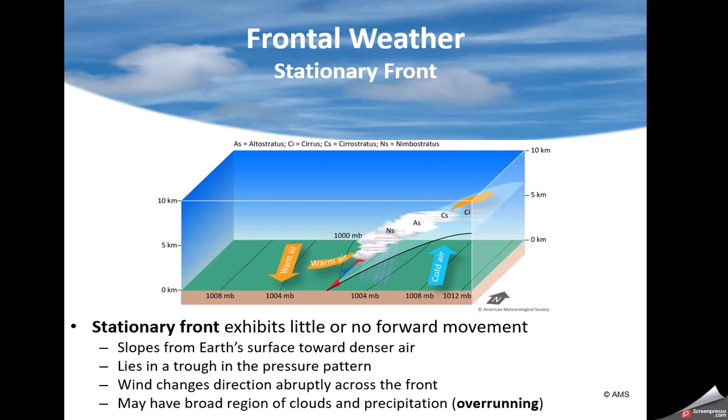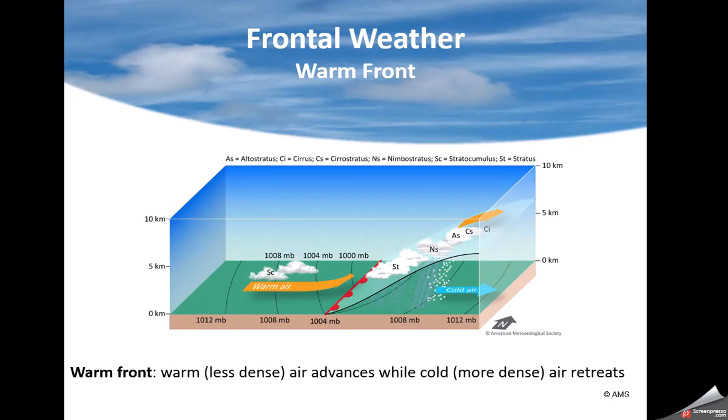A lot of times if you see cirrus clouds, or thick cirrus getting thicker with time, it's some kind of warm front moving towards your area. Here you have that situation where the warm air comes towards you, and you may have snow falling out at the very far north, and it gradually changes to freezing rain or rain as the warm air approaches and modifies the air more and more.